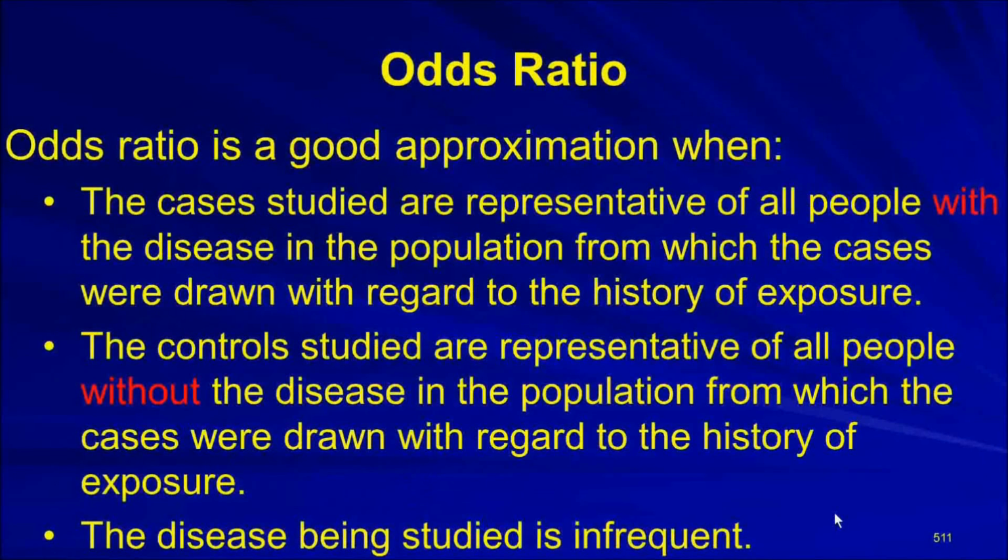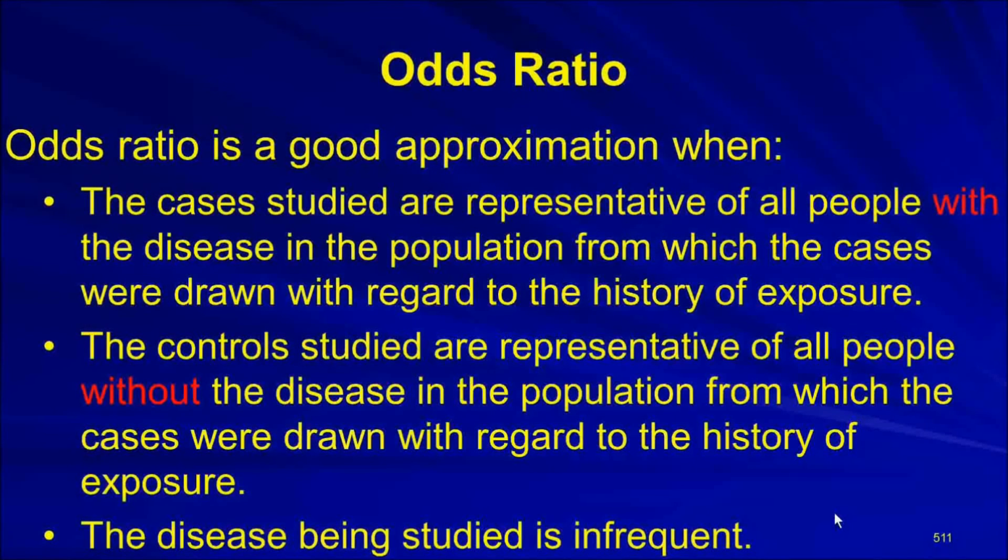And an odds ratio is a good estimate of relative risk, because we know the Cadillac, the best, is from a prospective study. It says, when the cases studied are representative of all people with the disease in the population from which the cases were drawn with regard to the history of exposure,